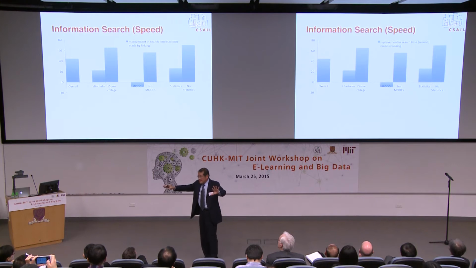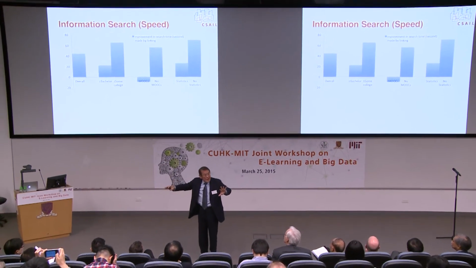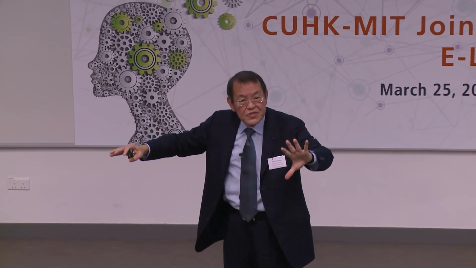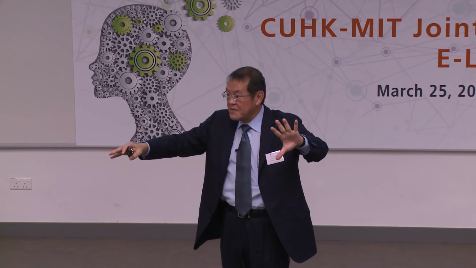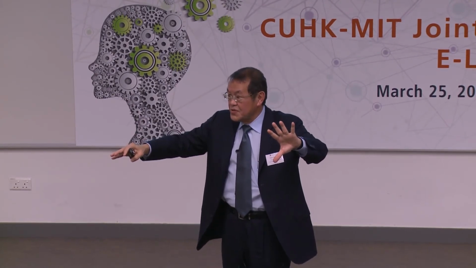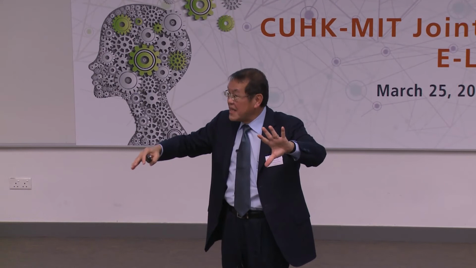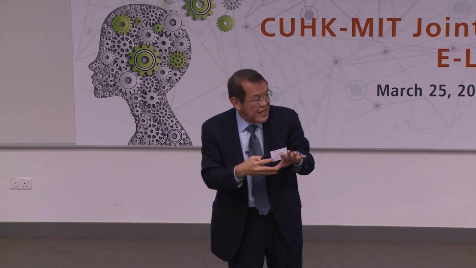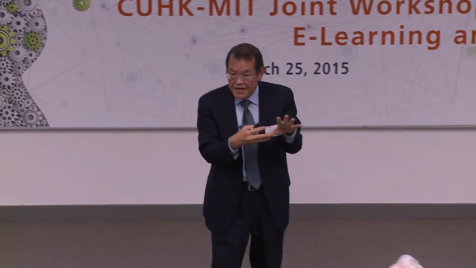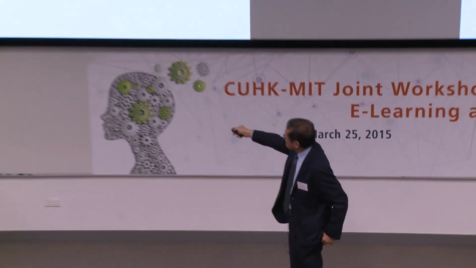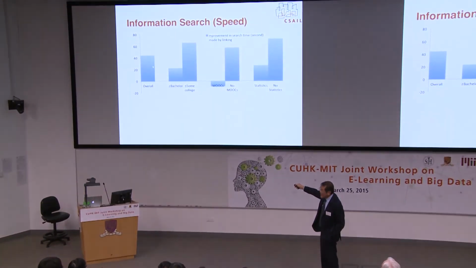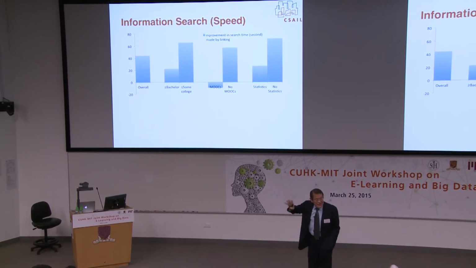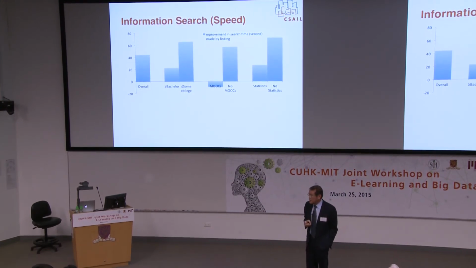The idea is if linking really helps, it's going to be faster, right? So I take the amount of time that you use to look for information in the unlinked interface, and subtract the time that you take to solve the problem with the linked interface. And if that number is positive, it provides an indication that, in fact, it's good. All right? So overall, we found that in the tasks that we provide to people, they do it maybe 40 to 45 seconds faster on average across all the users.